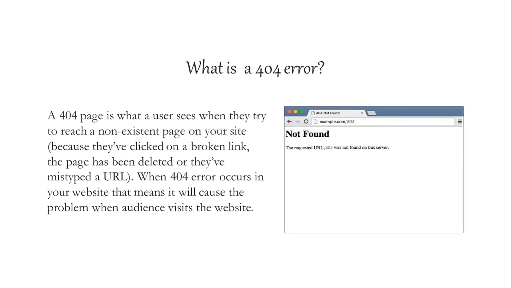This is called a request, and the server sends back a response. That communication is known as HTTP.